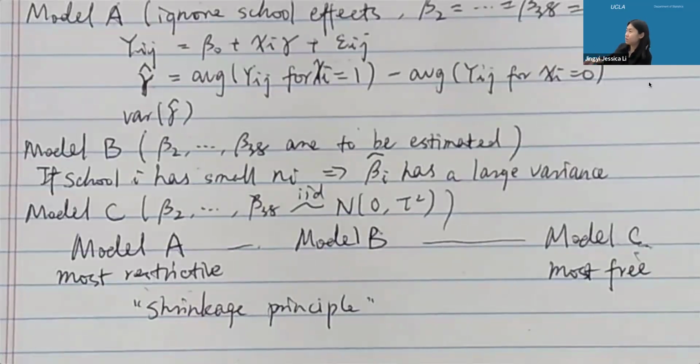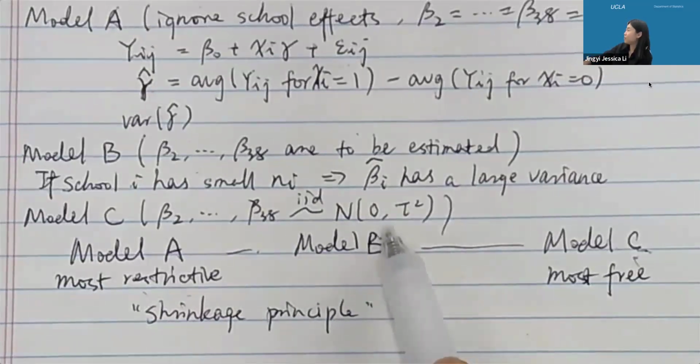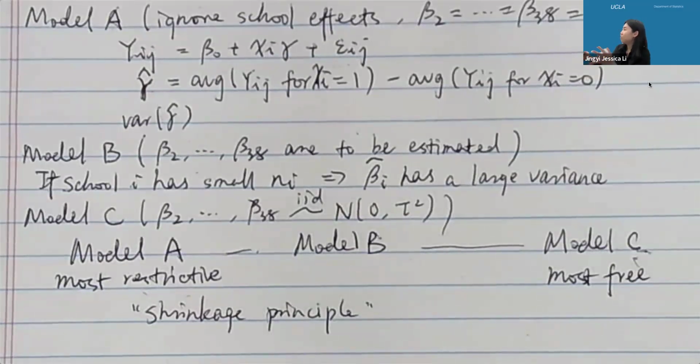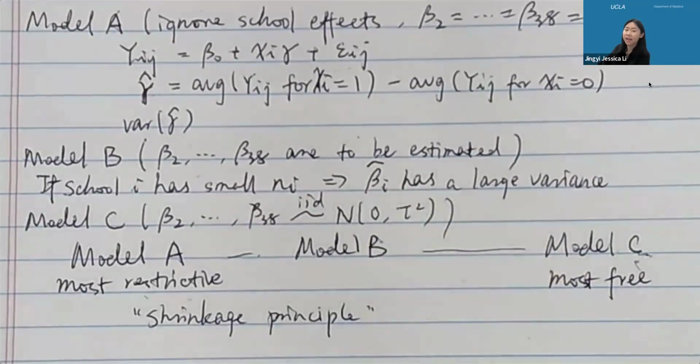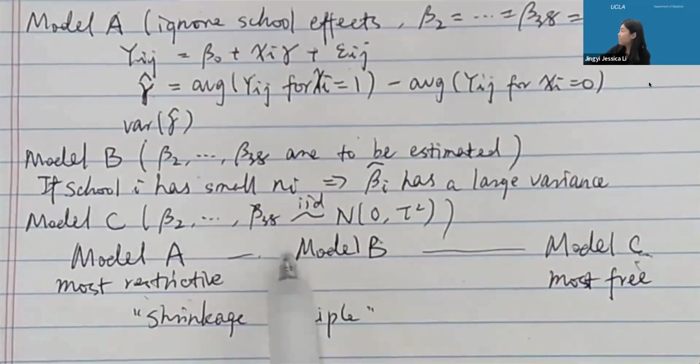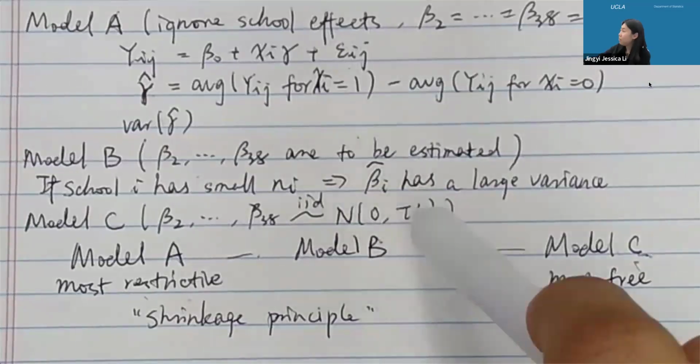It's very concentrated on its mean. We're assuming that these are not so far away from zero. So even though they can be different, they cannot vary totally freely. Okay, so especially if you just go with model B, you may have a beta i hat that has a large absolute value, and the possibility is that you just have so few data points, 2 or 3 as your n_i to estimate it. But if you are going down to model C, then such an estimate will be more